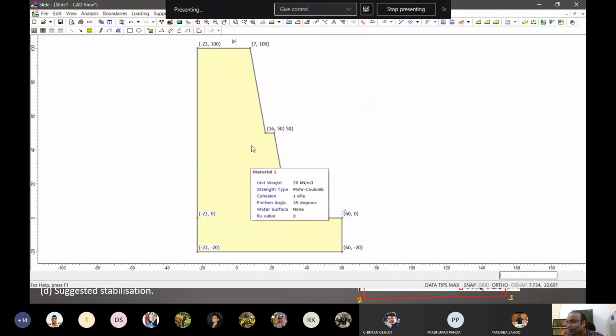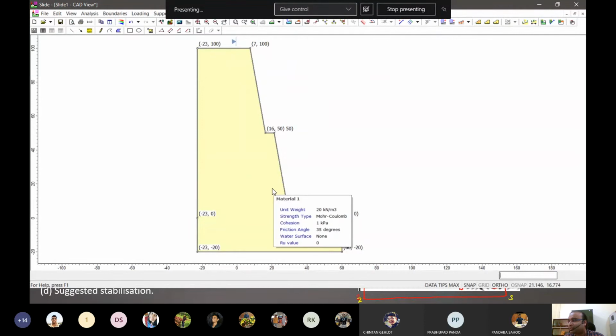Even now, what I am feeling is that the slip circles won't be able to be accommodated in this direction, because the width should be a little bit more. So I will change this 30 to maybe double, 60, so that the slip circles won't be cut off on this side.